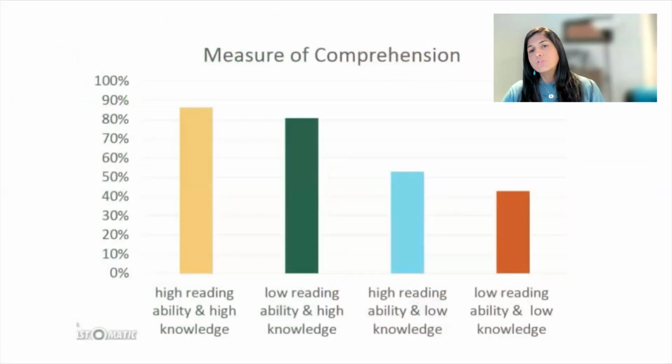So it turns out that the students that scored highest on comprehension were the ones who were good readers and knew a lot about baseball. And this wasn't a surprise. The more surprising thing was the second scoring group, were students who were poor readers generally, but knew a lot about baseball. And they almost scored as high as the first group. And they outperformed the students who were actually good readers, but didn't know much about baseball by a huge lot. That group only got 52%, and the other group who had low reading abilities but high baseball knowledge got 81%,